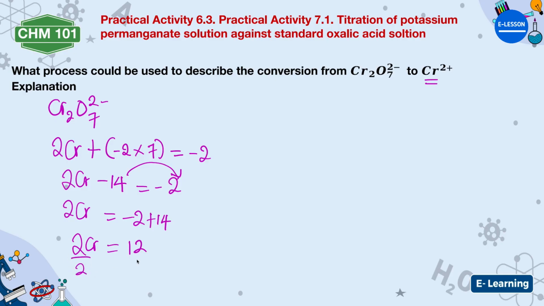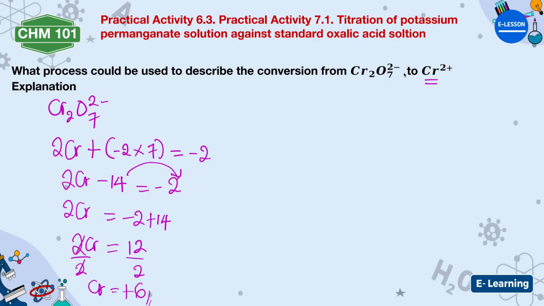So divide both sides by 2. This cancels this. Cr will be plus 6. So the oxidation state of chromium here is plus 6, while the oxidation state of chromium here is 2 plus. Now, what